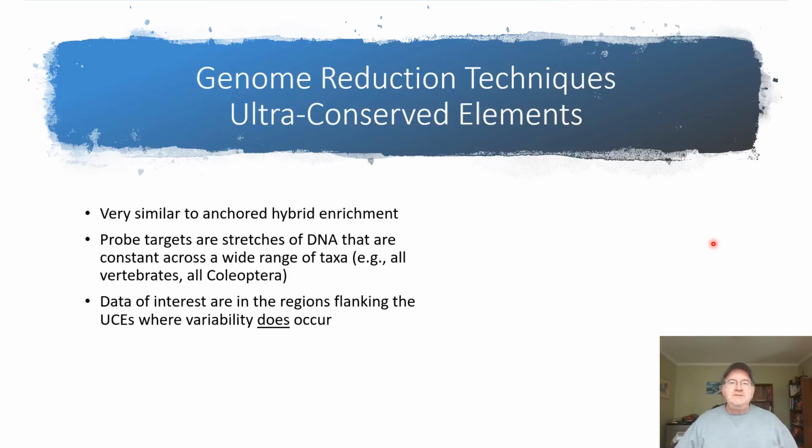So that similarity between your probe or your bait and your original DNA, the DNA that you want to sequence from all the OTUs in question in your study, leads to the second technique, and this is what's called ultra conserved elements. And in many ways, in my mind at least, anchored hybrid enrichment and ultra conserved elements are pretty much the